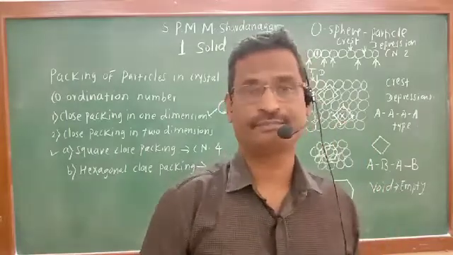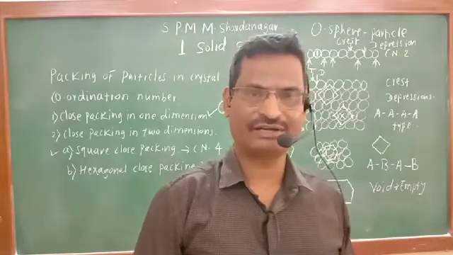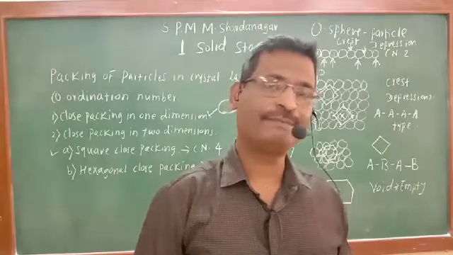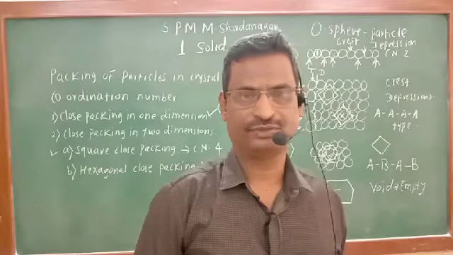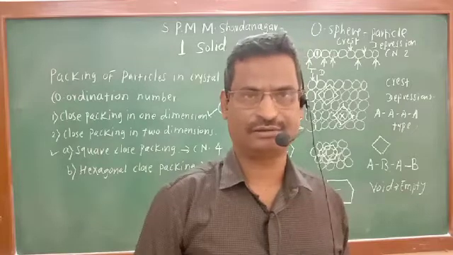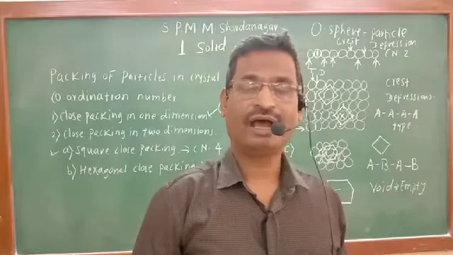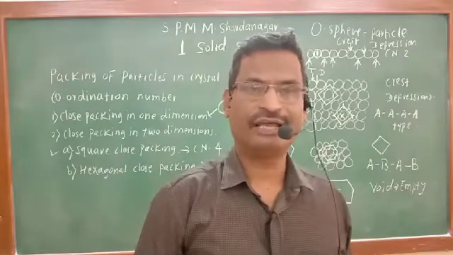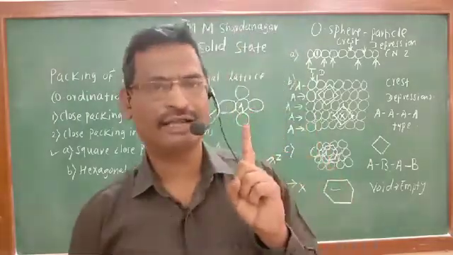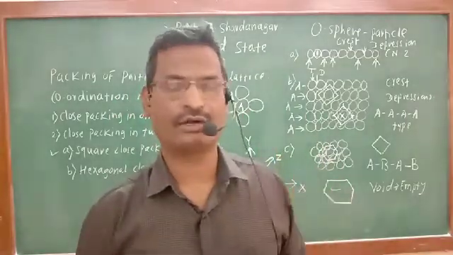We have seen that BCC and FCC, that is body centered cubic crystal and face centered cubic crystal, are modifications of simple cubic crystal. In calculations we have seen, in the simple cubic crystal SCC structure there are 8 corners and 6 faces, but at each corner 1/8 particle is present. So totally 1 particle is present among 8 corners, but faces are not occupied at all, edges are not occupied at all.